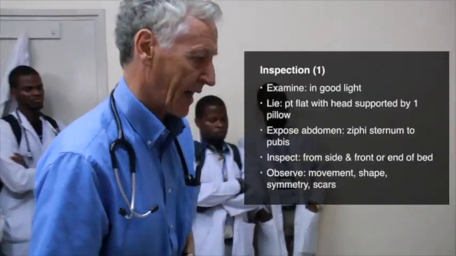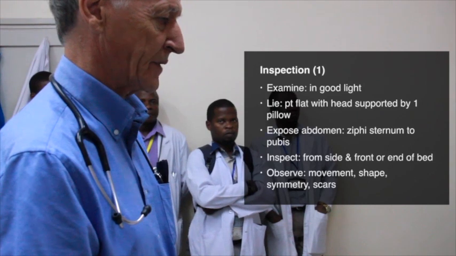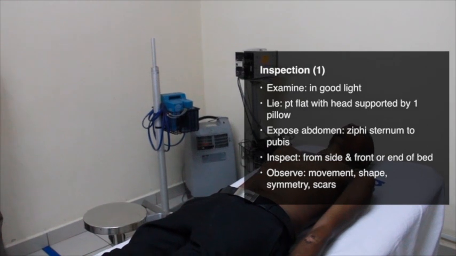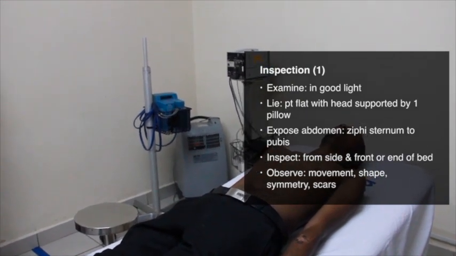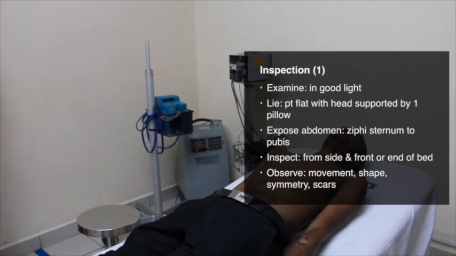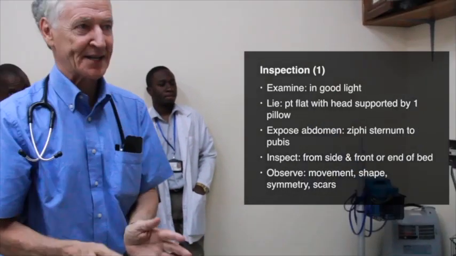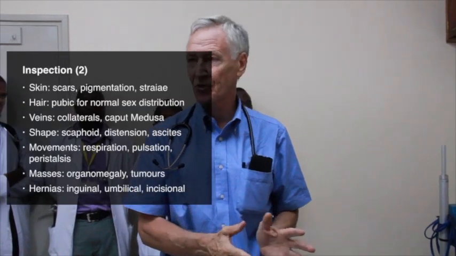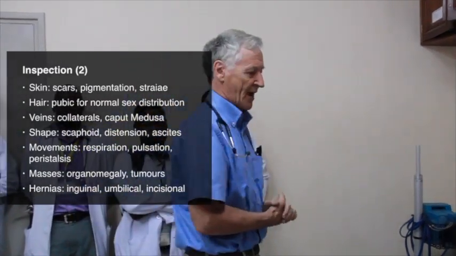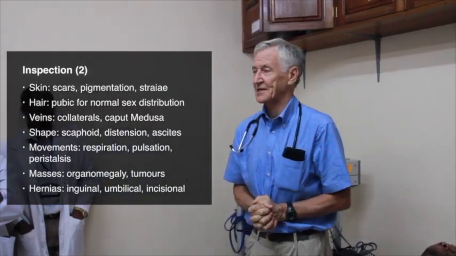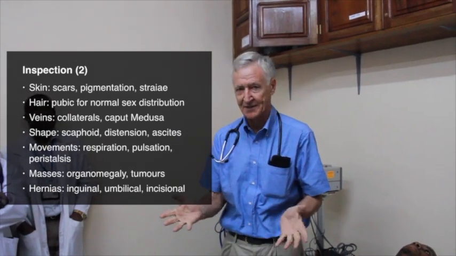And we also teach the students to go to the end of the bed and inspect from the end of the bed. What am I looking for here? I'm looking for asymmetrical swelling of the abdomen, and also this is where we see flank distension. You may miss it from the side of the bed in ascites, whereas a pregnancy is a midline structure, ascites is a generalized structure. One will have flank distension, the other won't. Inspection then is a very important part of the abdomen, as I say, when there is an abnormality, and that is self-explanatory.